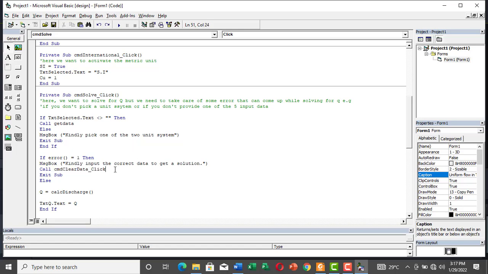So this will be the end of the open channel problem using Manning formula, and then we did that with